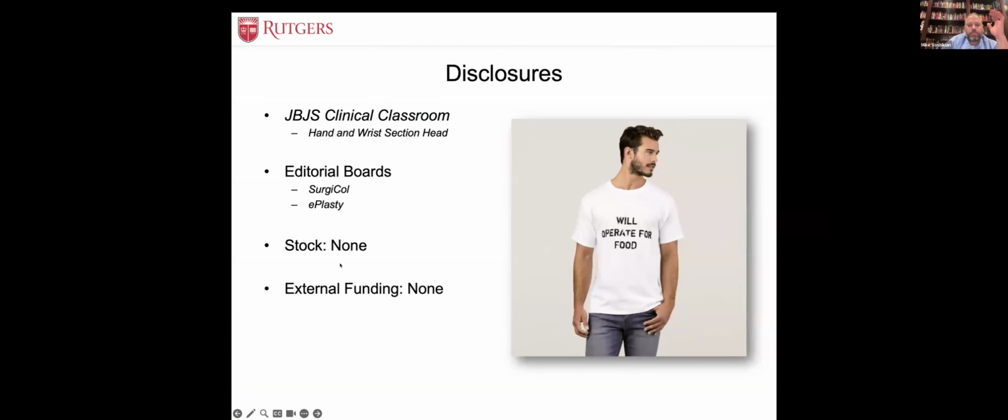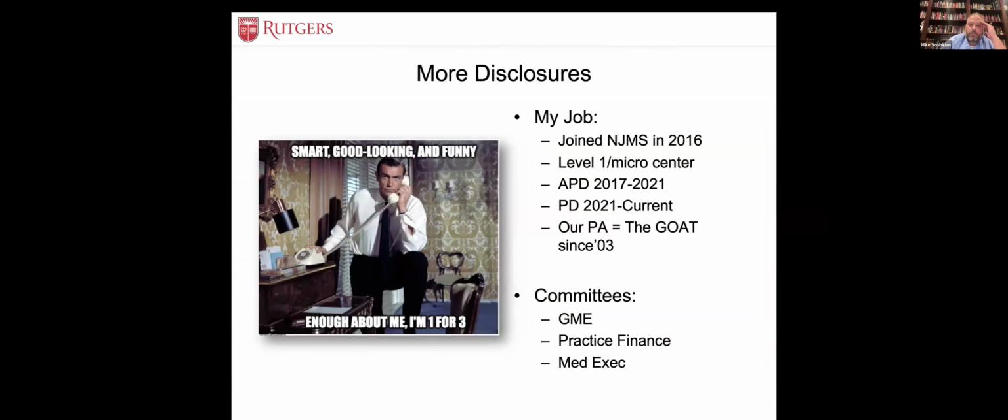No relevant disclosures to this talk, but these are actually the relevant disclosures. Now, the first thing I want to start off by saying is that everybody seems to have different models, different practice patterns, and a different situation with their involvement with academia, private world, ownership, things like that. So the goal of this talk is not necessarily to say this is what you should do, because in all reality, you all have different practices than I do.